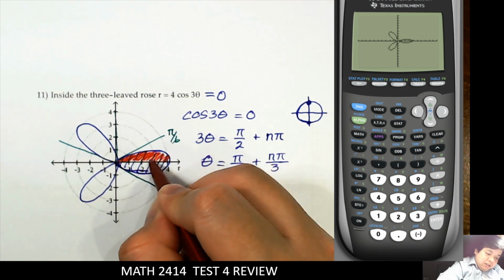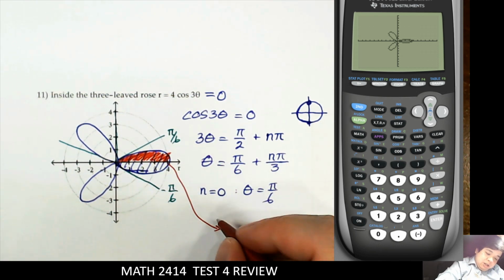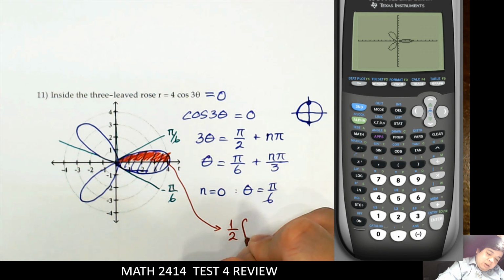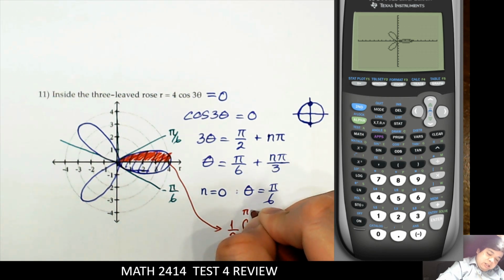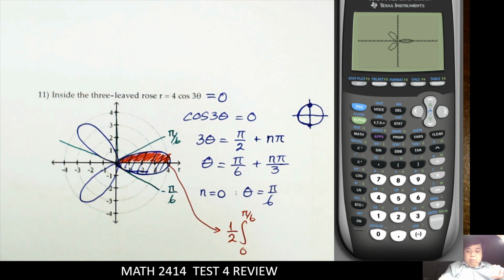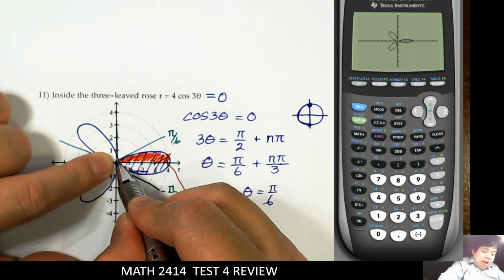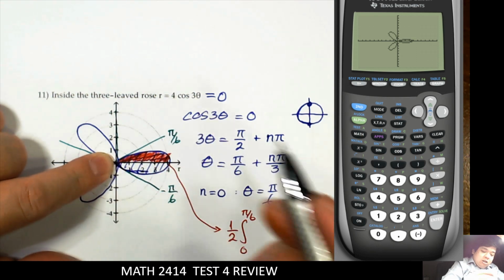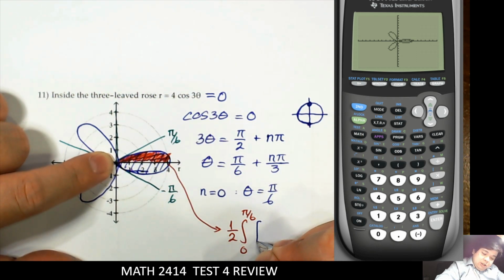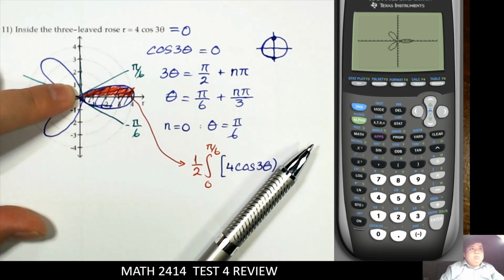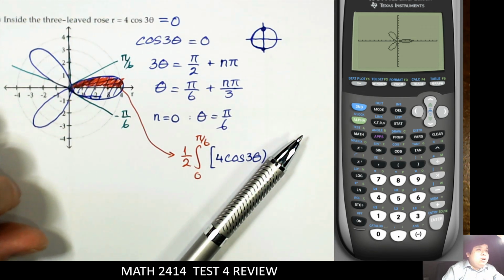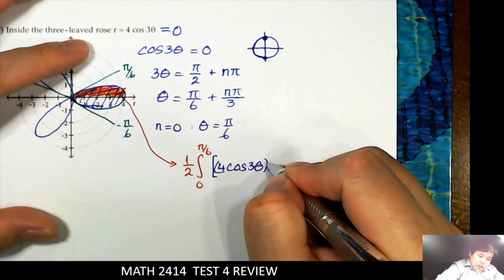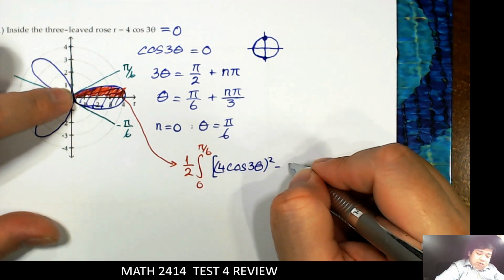only this area, that area is equal to 1/2 integral from 0 to pi over 6. And then from this perspective, if we look from the center away from it, we always see the function. So it's going to be 4 cosine of 3 theta. We don't need the calculator anymore. Square, minus the inner function 0 squared